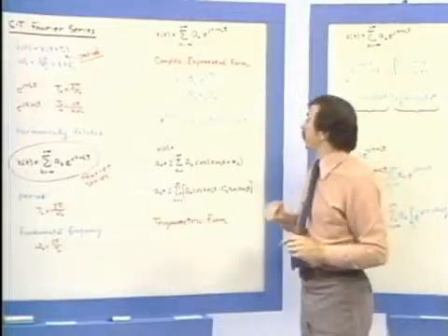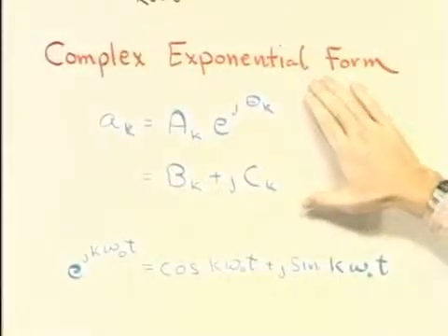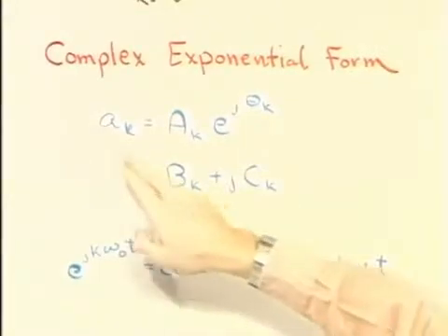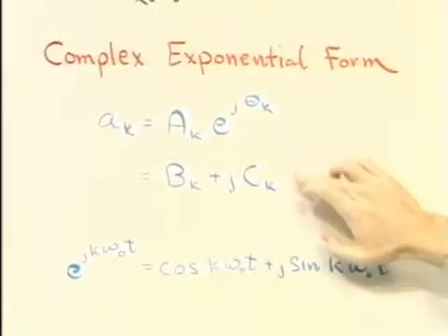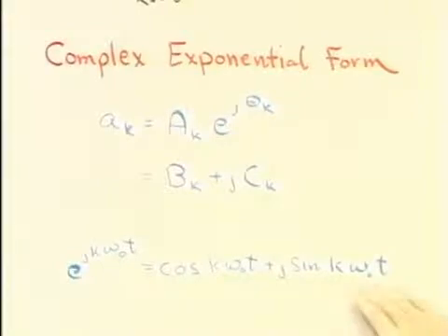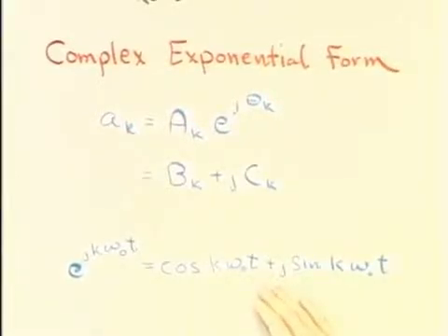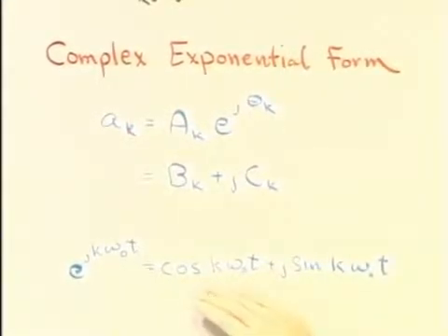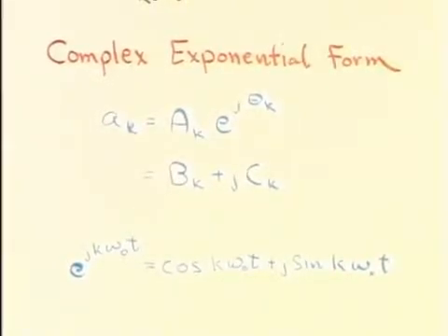Without really tracking through the algebra, essentially we can get to the trigonometric form from the complex exponential form by recognizing that if we express the complex coefficient in polar form or in rectangular form and expand the complex exponential term out in terms of cosine plus j sine using simply Euler's relation, then we will end up with